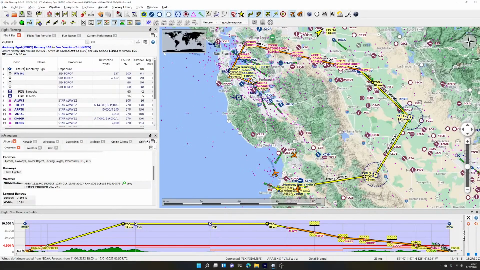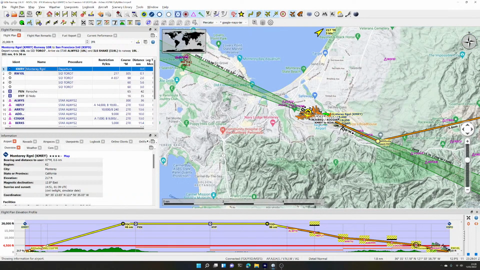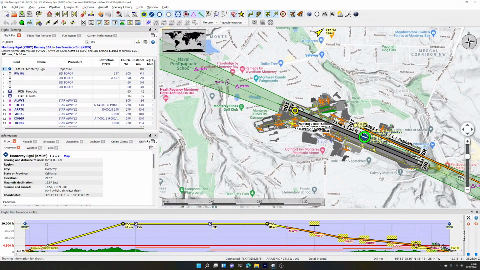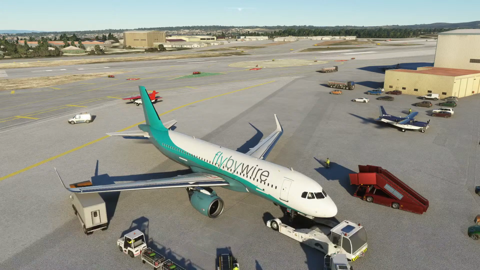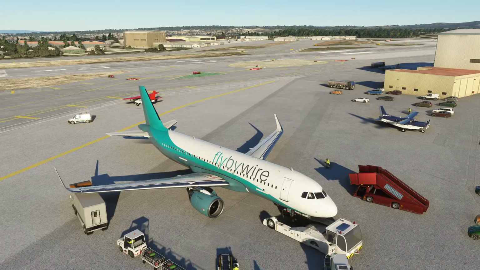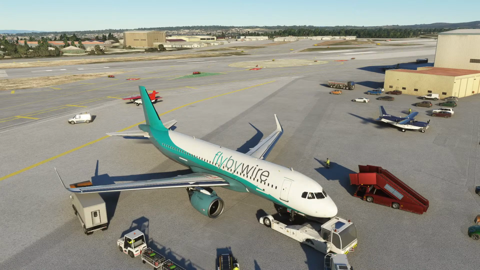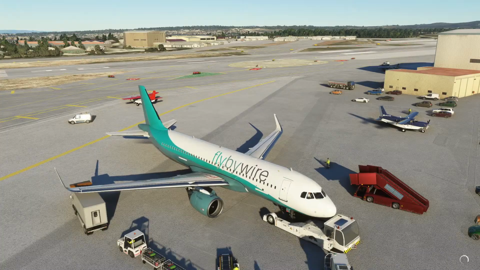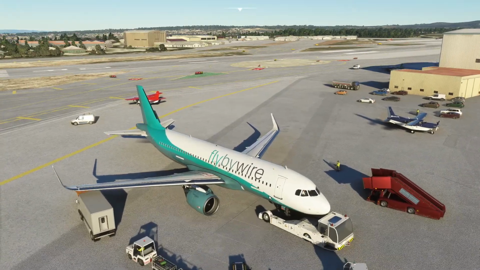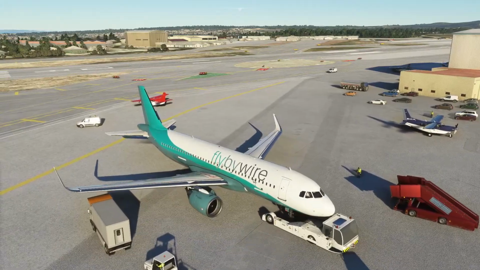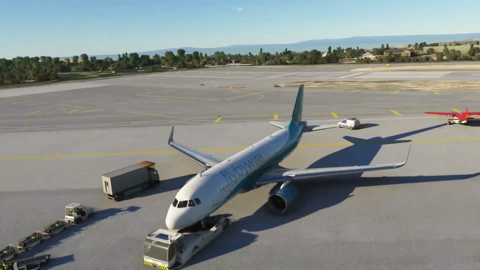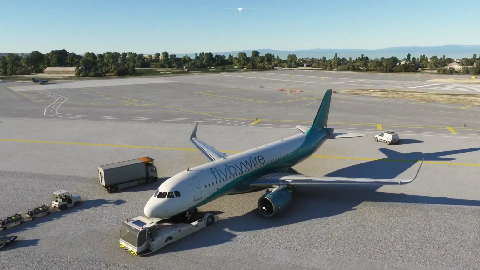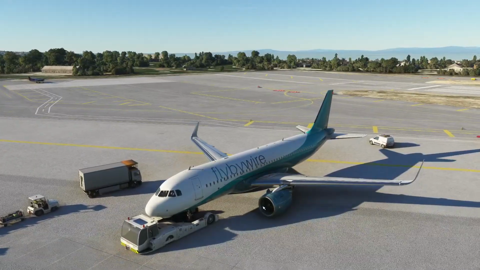So while it's pushing back, let's just go and check that. If we double click on Monterey, it will zoom in. So yes, we are starting from here and flying straight out. Wait for the truck to pick up the aircraft and start pushing it. There it goes. It's a shame there's a stutter in the animation. In X-Plane it's very smooth with the better pushback mod, where it lifts the nose wheel slowly into the air and you get the back and forth communication